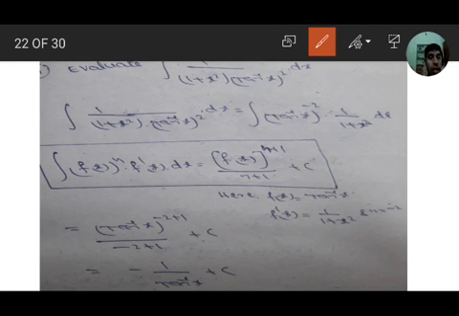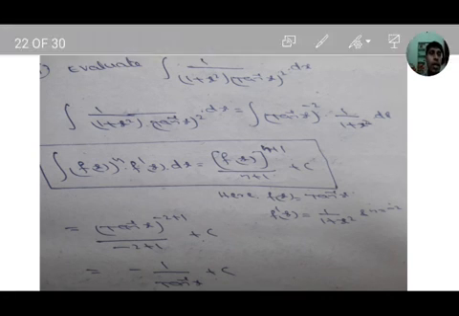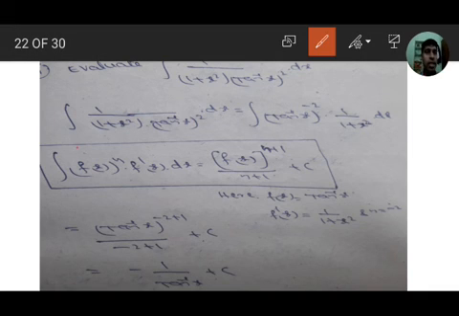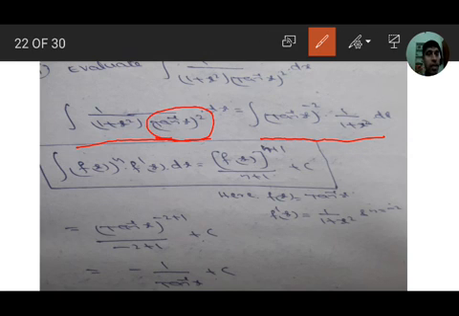Okay, minus 1 by tan inverse x. Here we are taking it, it can be written as integration 1 by 1 plus x square into (tan inverse x) whole square in the denominator, which comes to the numerator whole to the power of minus 2, into 1 by 1 plus x square as it is.